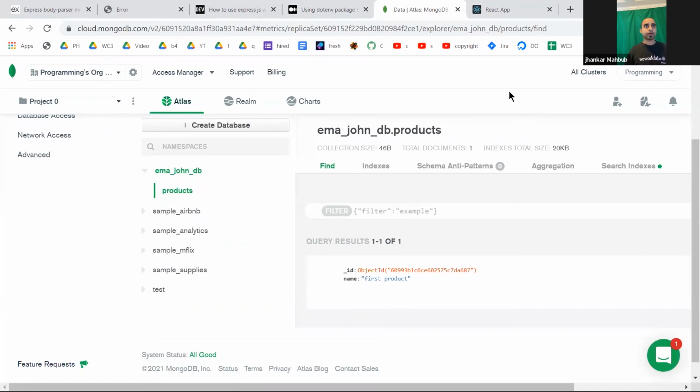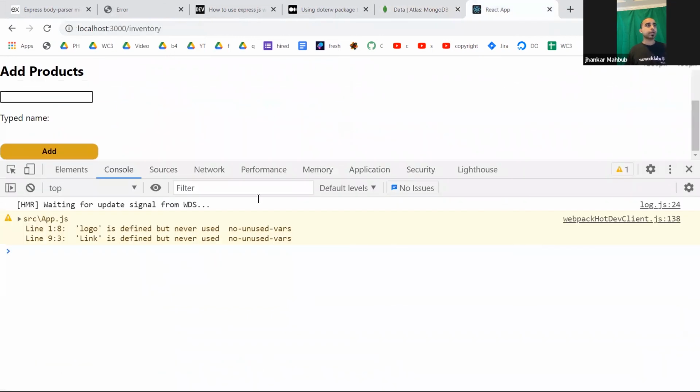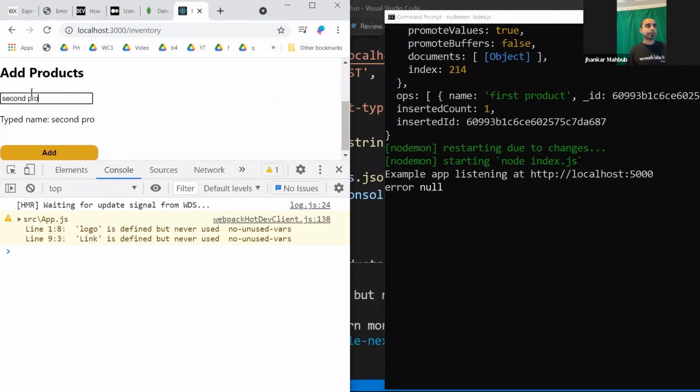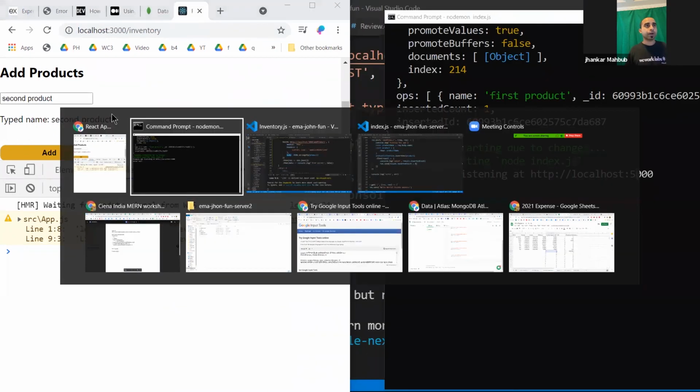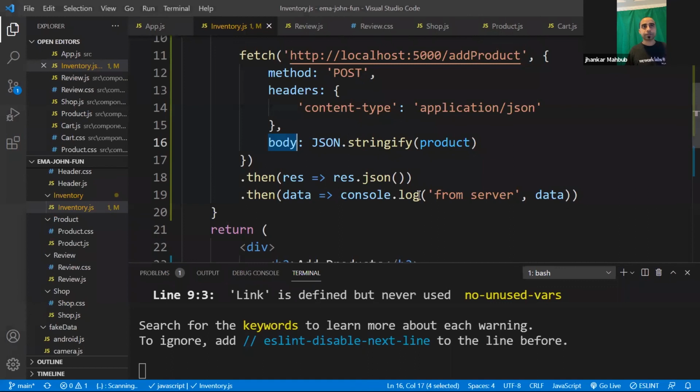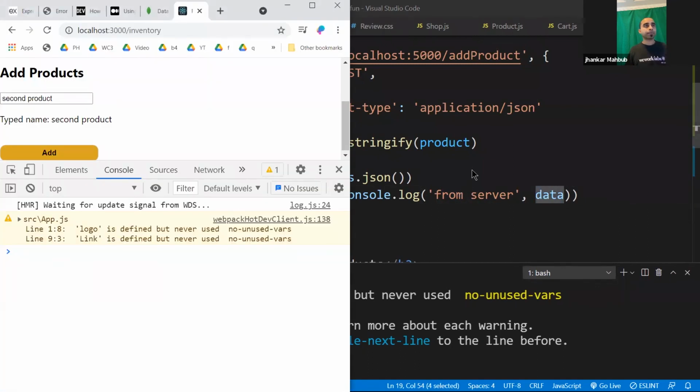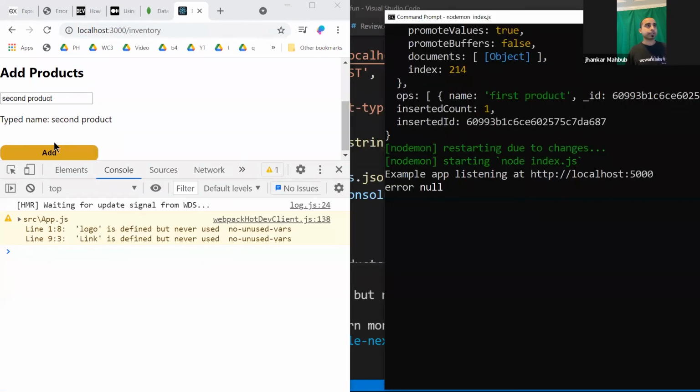Here we will add our second product. And remember, on our client side, when the server responds successfully, it shows "from server" and the data would be displayed here. So we add the second product, and you see from server true.